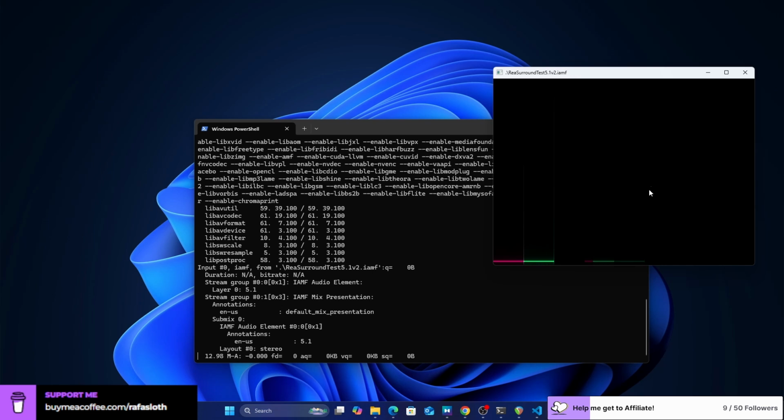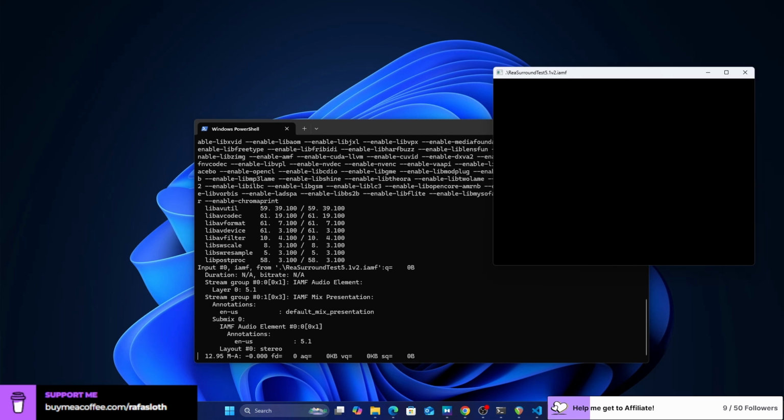Okay. And that's the default version, the 5.1. But the IAMF file has the advantage of having different presentations or submixes encoded in the same file. So I can actually, with FFplay, there's a shortcut.